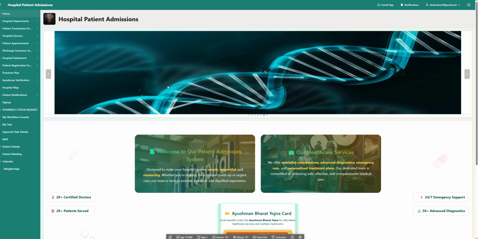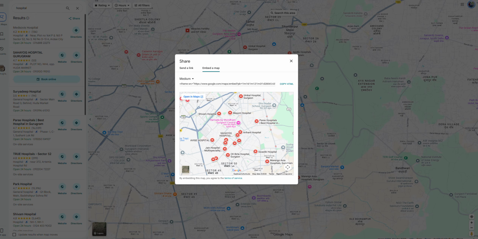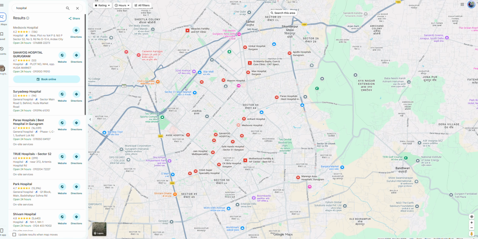First, open Google Maps and search for the location or route that you want to display in your application. I want to display a hospital location because my application is based on a hospital. Now, when you click on Share,